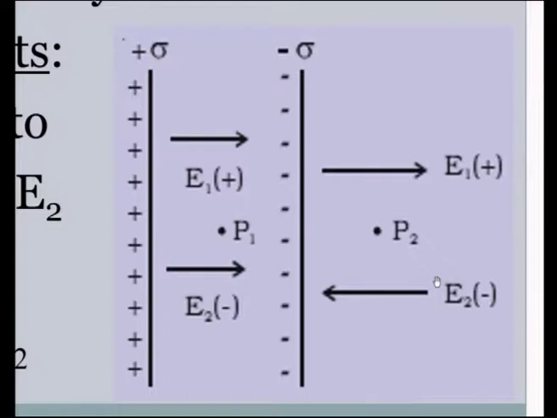Now, we will concentrate on the point outside the sheet. In the outside case, what do we have? Let us have a look at the picture once again. I would like to explain it this way. Let us take the point P2. The E1 is again the electric field due to the positive plate only. It is continuously existing to the right because it is coming out from the positive plate. So, in this region also it will continue in the same direction, that is towards the right.